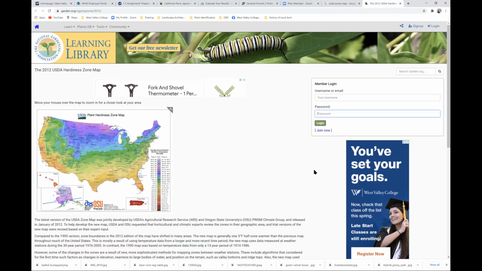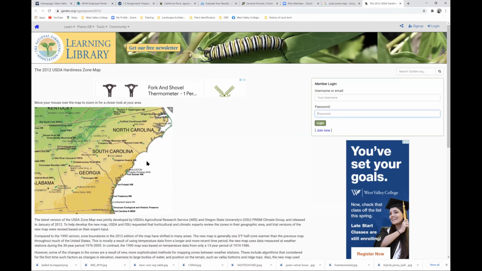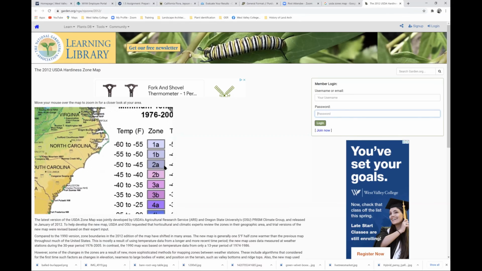Now, there is the US hardiness zone, and that's what I'm showing you here, which is different. I'm showing you this particular one, and when I stop sharing, I'll share this screen. It's the National Gardening Association. It's actually a better, clearer map than the one from the USDA. And what you'll find is that when you scroll over it, it blows up, so you can actually see the detail.